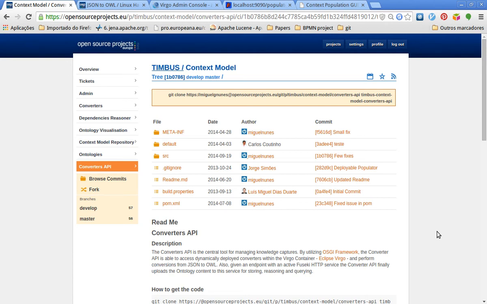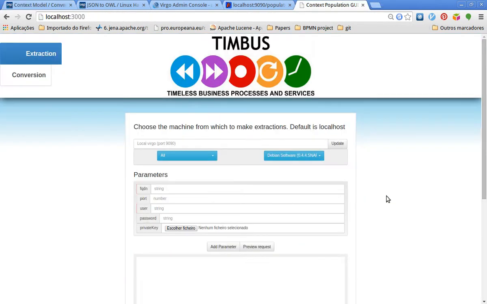On how to install and deploy a converter for the Teams project context model framework. And what we have here for now is the converters API, and this is the module that is responsible for managing all the conversion jobs from the framework. So the process that we need to do in order to have an output to convert to ontology later is